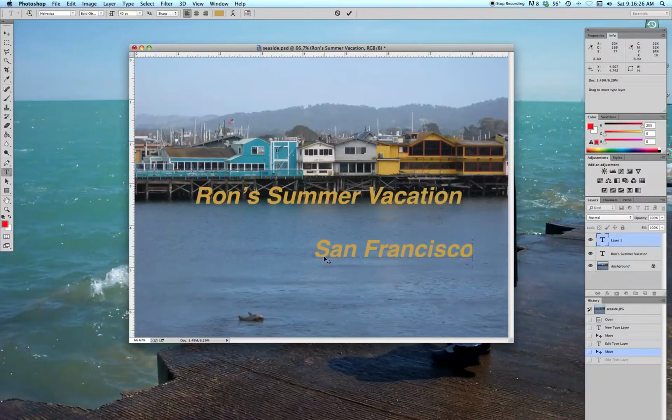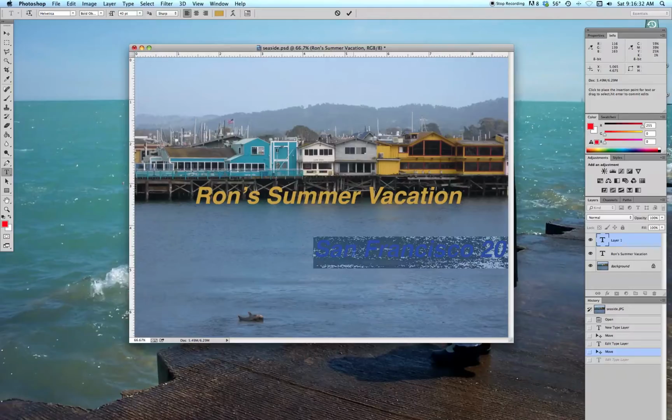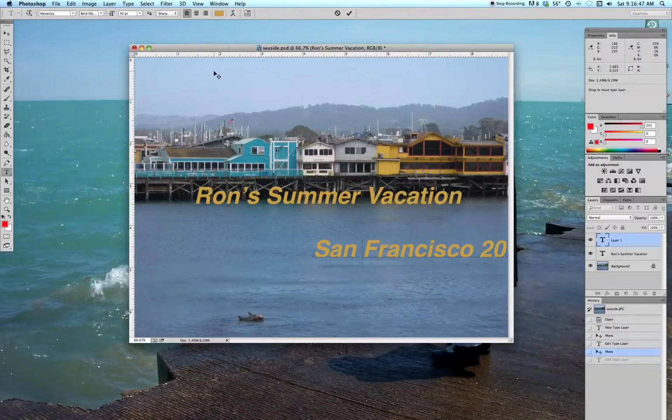It'd be useful if I could spell. What year is this? 2014. Now, you'll notice that it started typing in the spot where I put it. Usually it's very hard to precisely put the text where you want it on the first try, so it's no big deal. The other thing is you'll notice it used the exact same specs as our last type. It will automatically default to whatever type you last used, your font, your size, your color, your style,